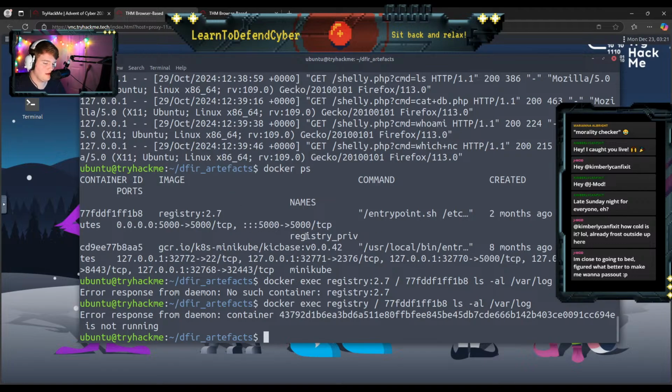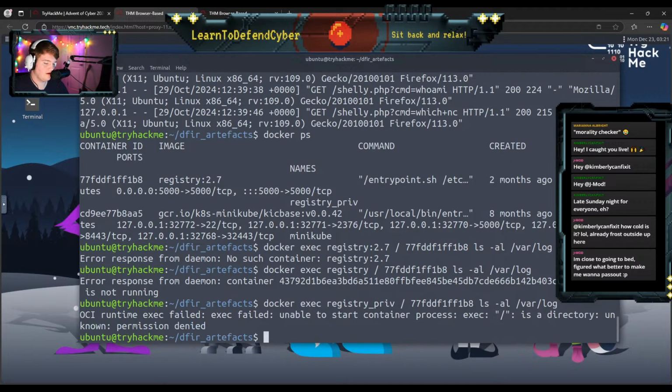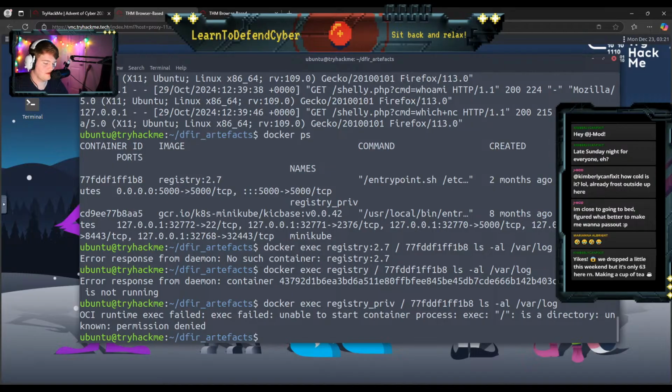Oh, you know what? Its name is registry priv. Its name is registry priv. I have a permission denied. Unable to start container process: exec as a directory, unknown permission.